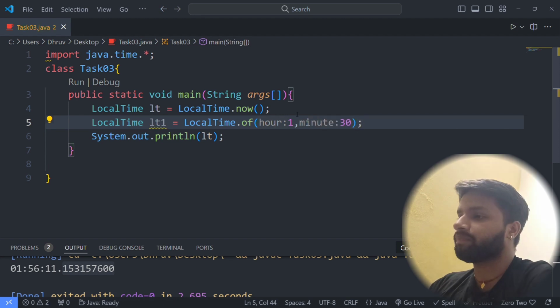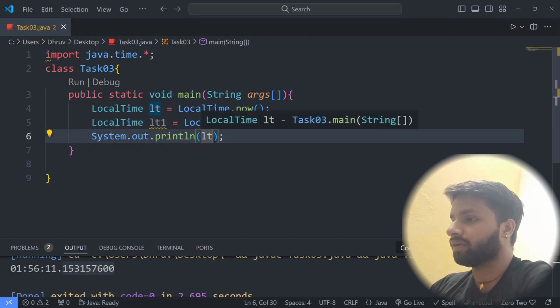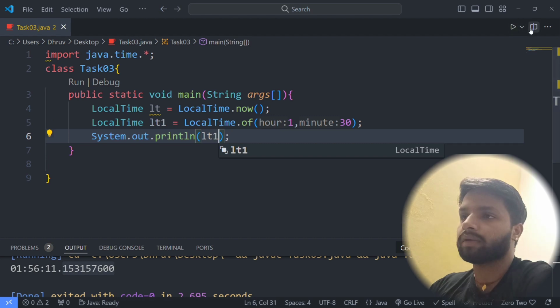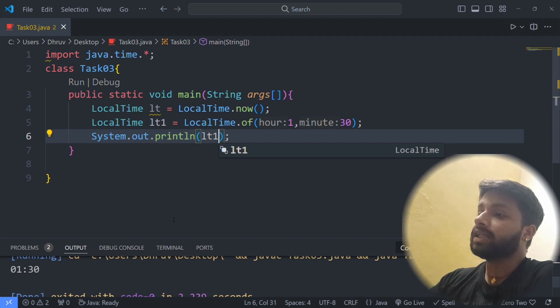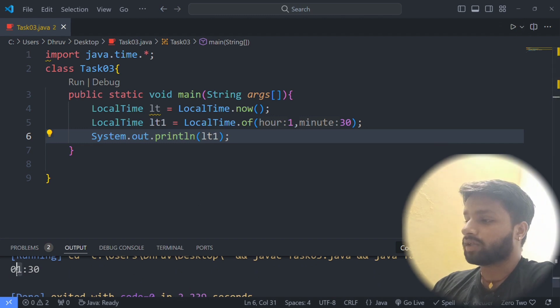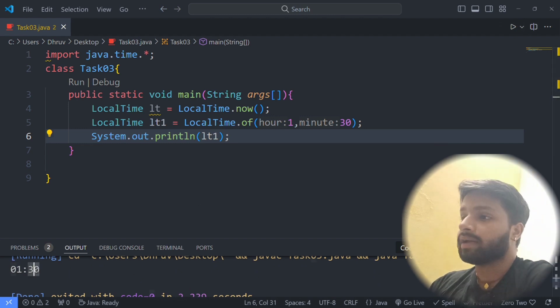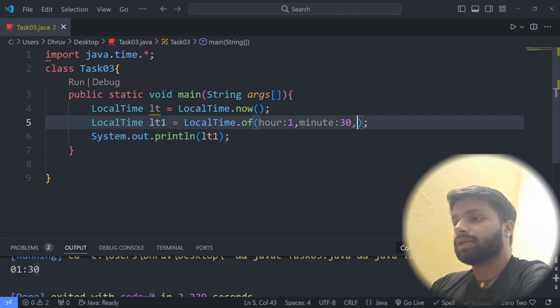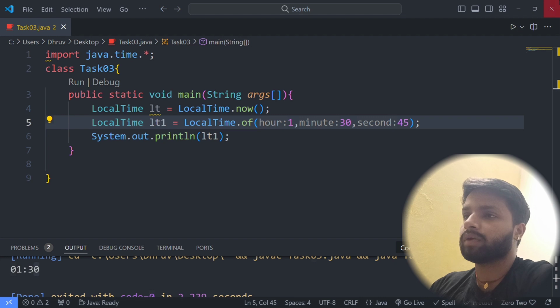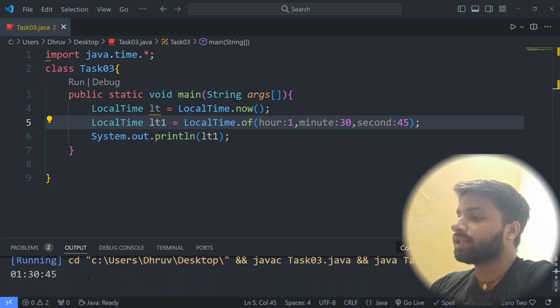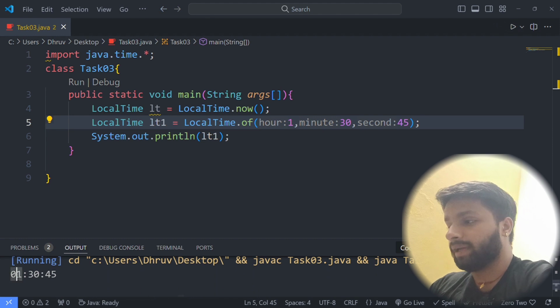If I print lt1, see what happened. It gives me 1, which is the hour, and 30, which is the minute. I can pass the second as well. Let me pass 45 seconds. Now it prints 30, which is the minute, and 45, which is the second.